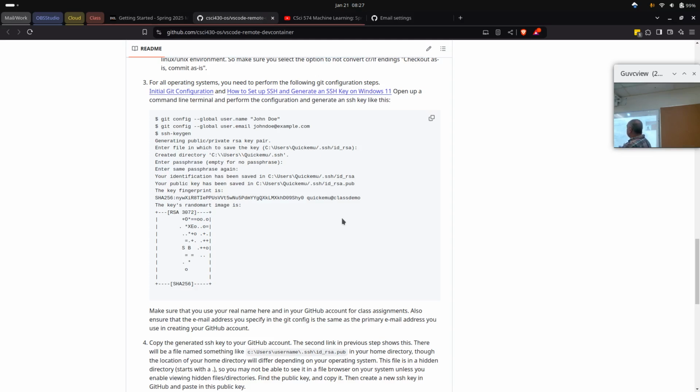So you might have to find the ED25519 file. So yeah, question. Whenever you pull or commit any changes in the repository, does Git ask for username or